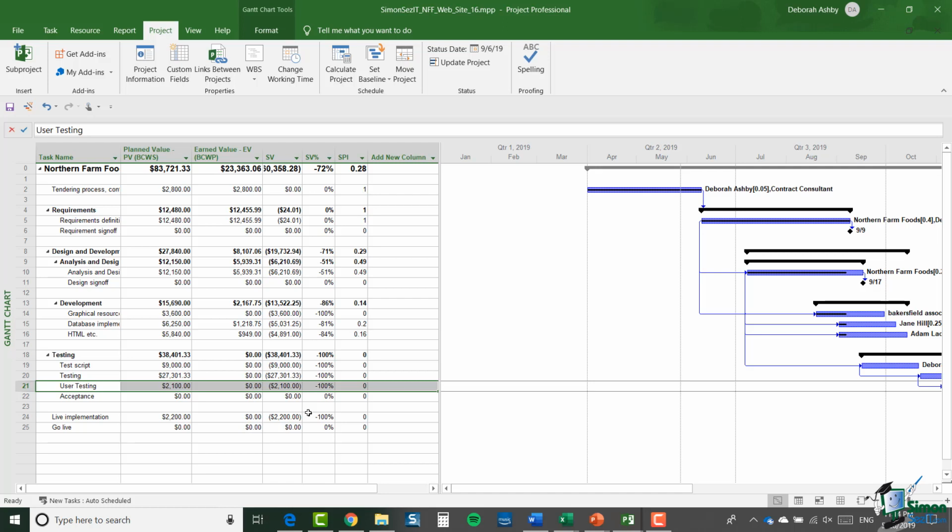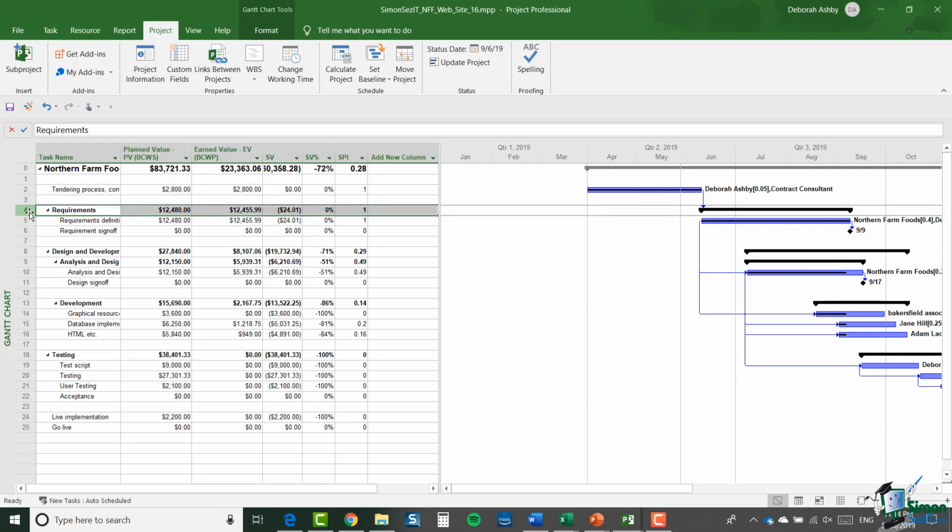So let's deal with this user testing task. Now one option I have is to save a new baseline, but in this case that's not really the right thing to do. I've already recorded progress on this project, so some of these dates, for instance for tendering process and also for requirements, may well have changed since the original baseline. And what I really want to do is just add a task to the original baseline